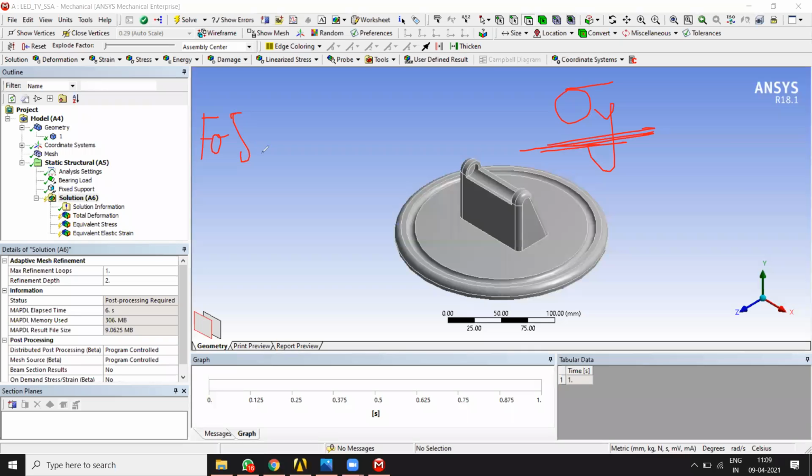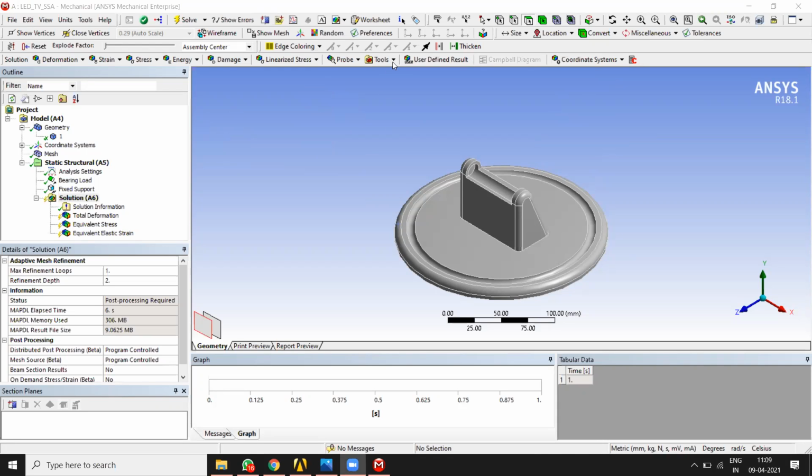Okay, and you know factor of safety is equal to the permissible stress or sigma y divided by induced stress. How much is allowed stress or how much is the sigma y yield strength divided by the stress which is induced in the current boundary, in the current situation in our component. Okay, so this way you can calculate the factor of safety or design factor. So that's why we have inserted sigma y in this case. So let's add that factor of safety we would like to compute.